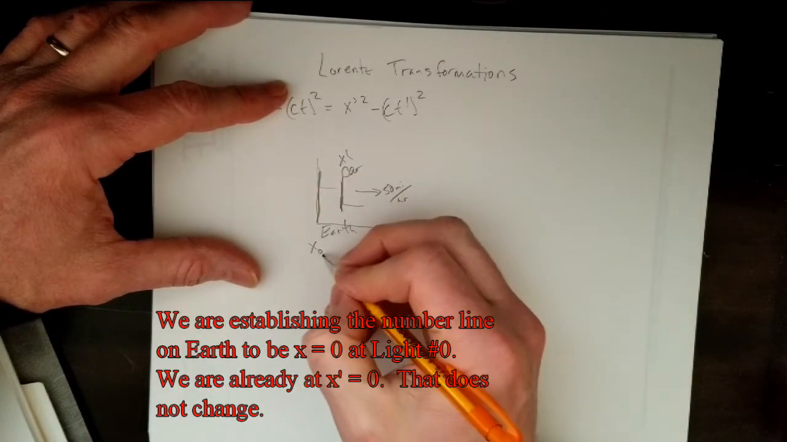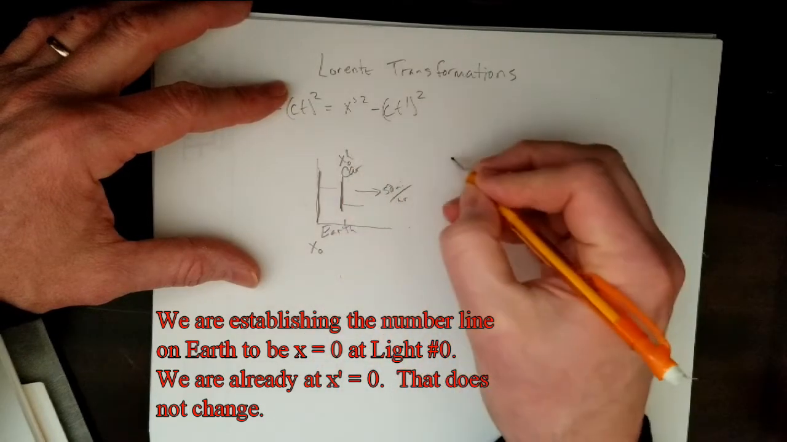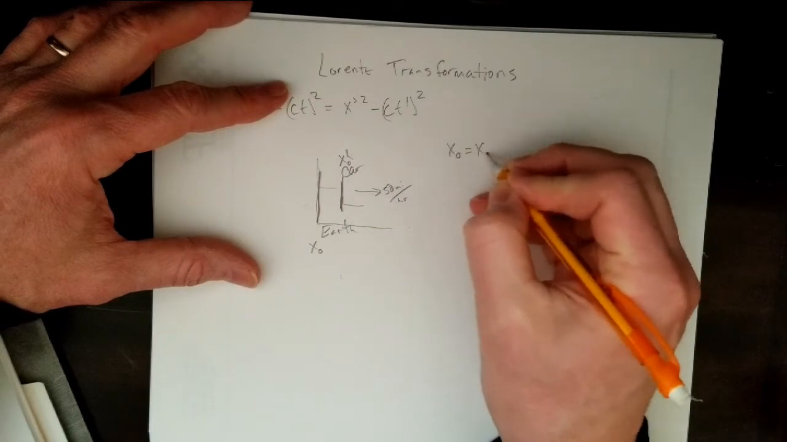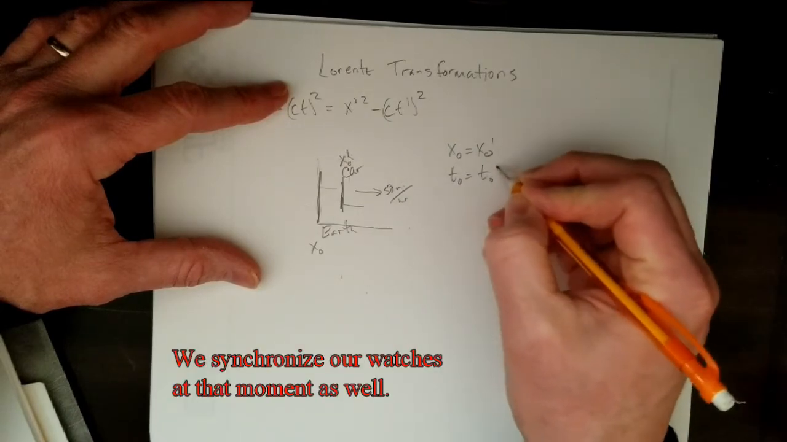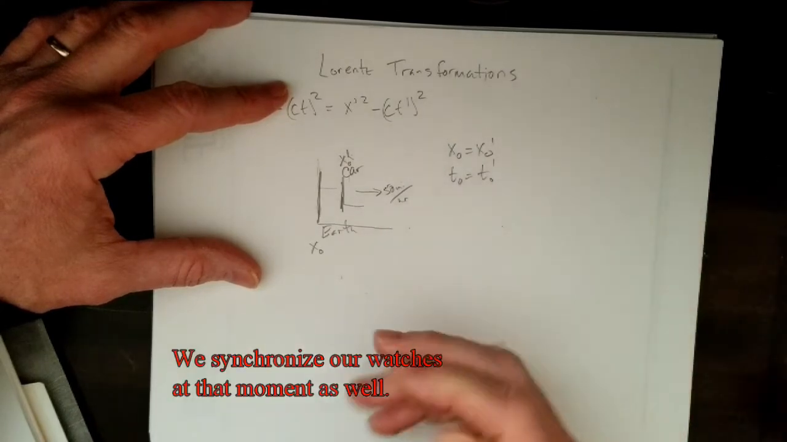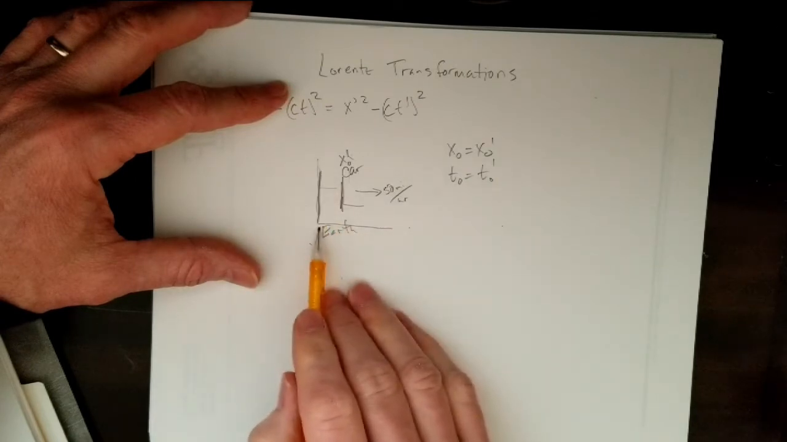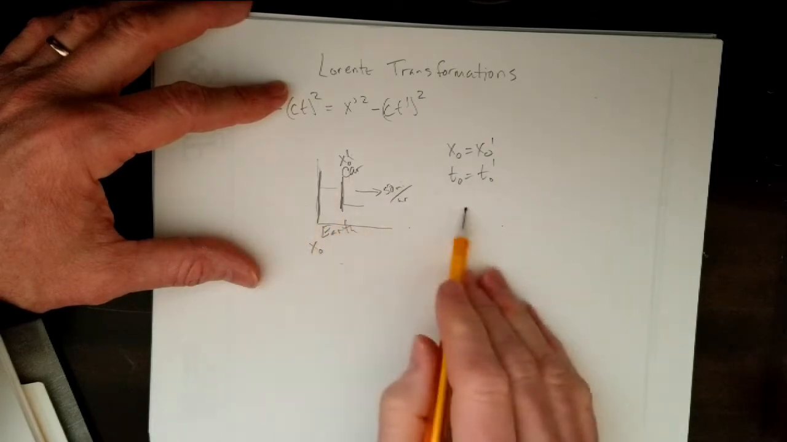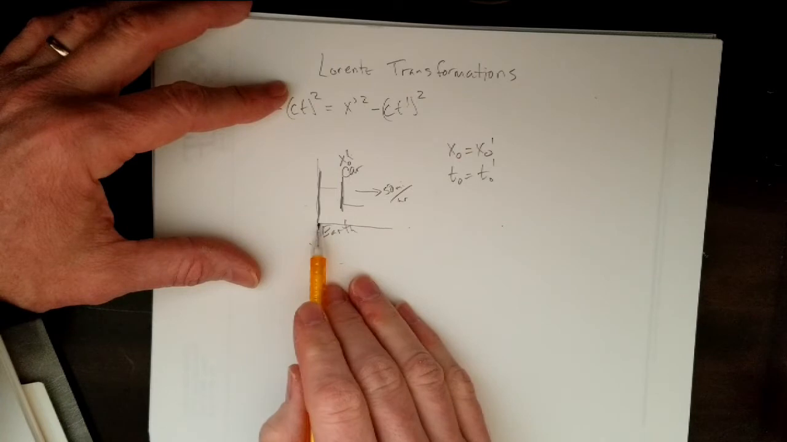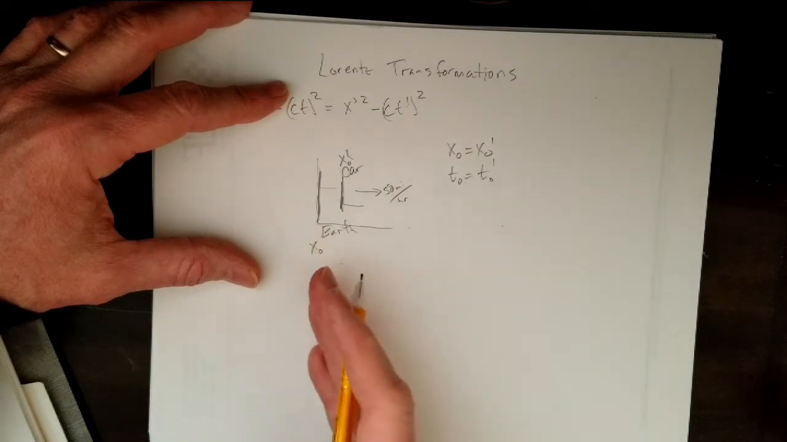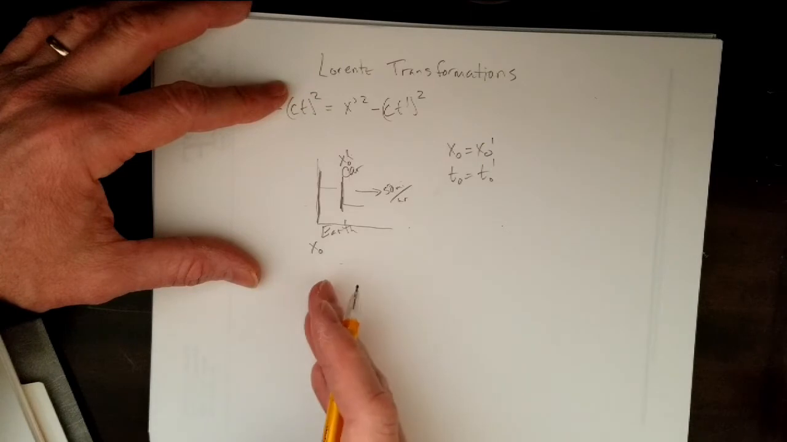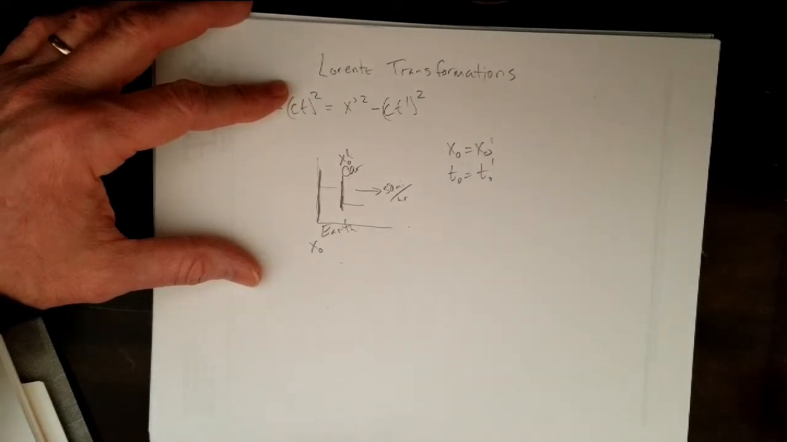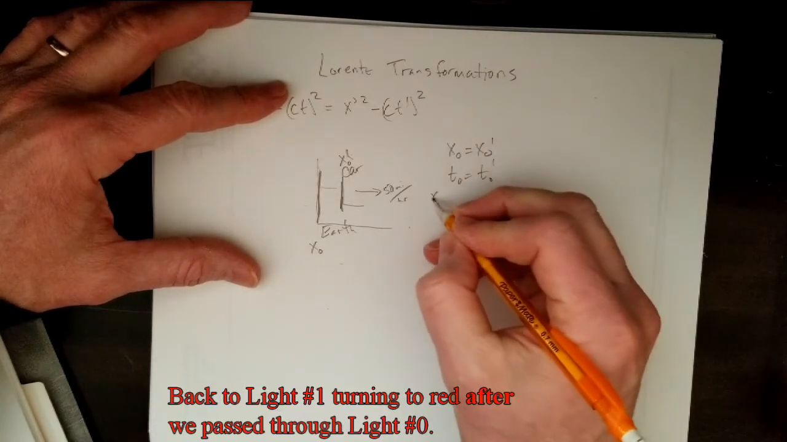So x0 and x0 prime are equal, and t0 and t0 prime are equal. So in other words, when the car passes this particular point on Earth, as the car is driving by, they make sure that they have the same origin at that moment and the same time. So there is an event that occurs over here